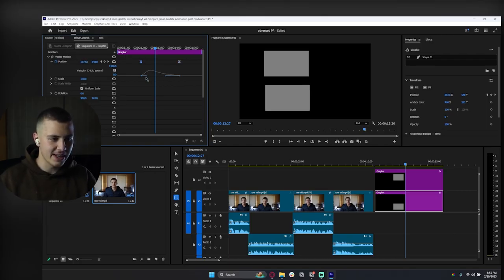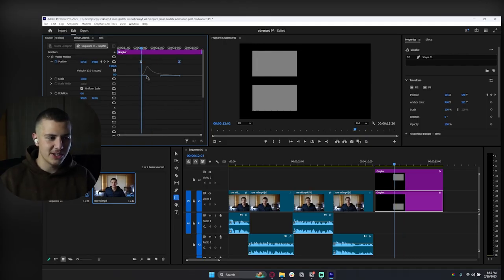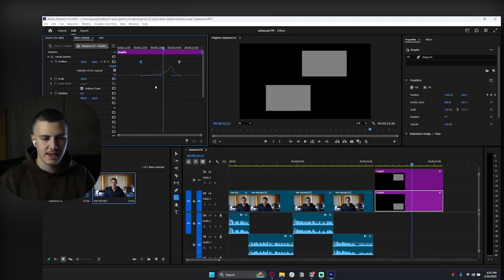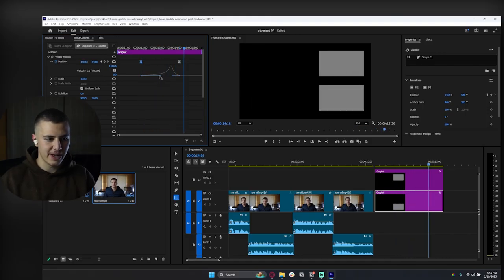Now, if I made a spike like this, so if I had it go like this, all of a sudden, by just moving these sliders around, I can determine which point it's going to go the fastest. So if I move it back here, the fastest point is going to be early. So it's going to quickly move in and then kind of zoom out. It's the second one down here, by the way. If I have it at the end over here, it's going to build up and then finally quickly zoom out. And if I have it in the middle, it's going to build up and then